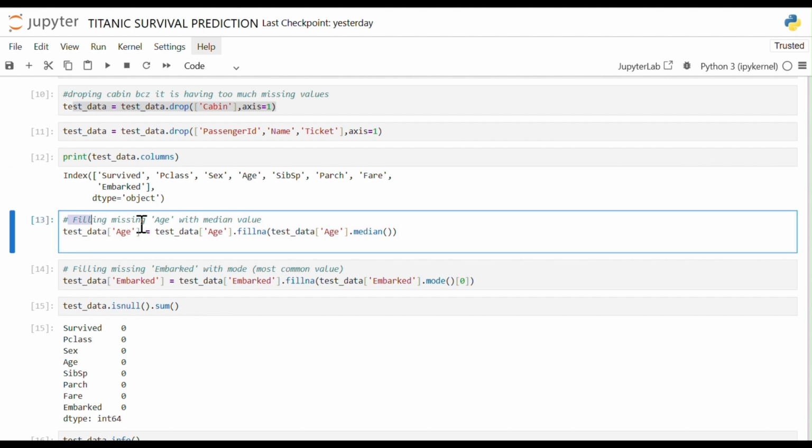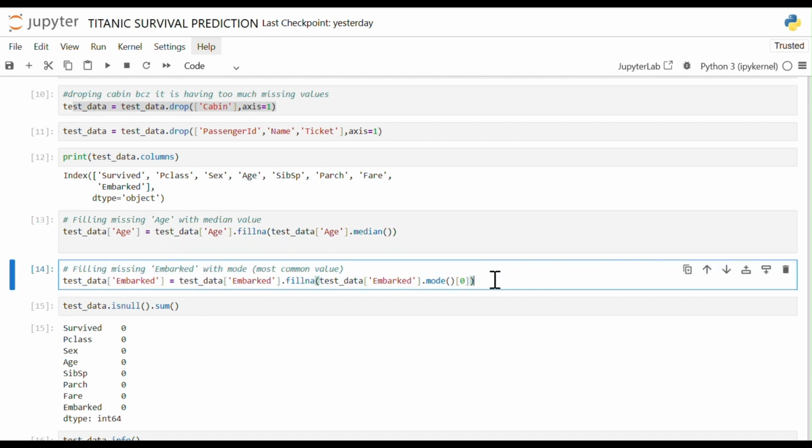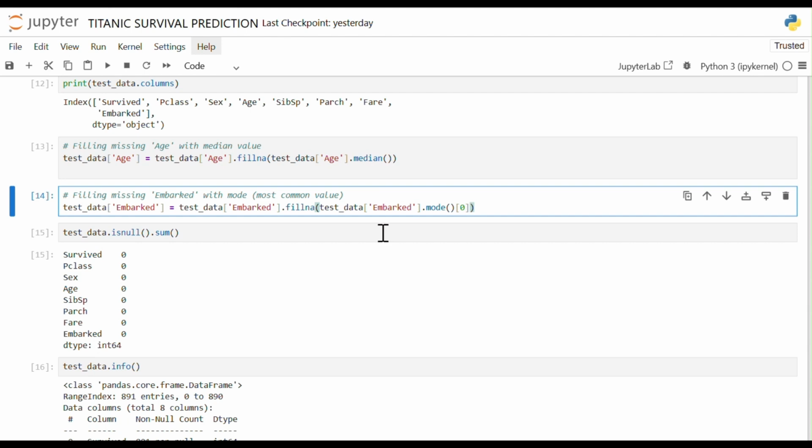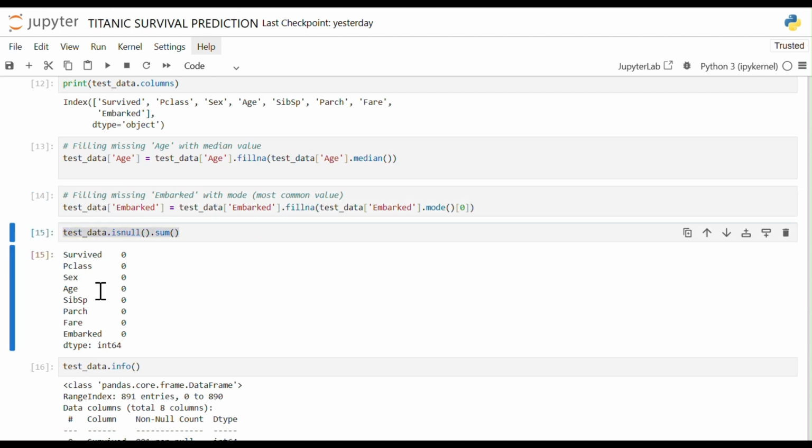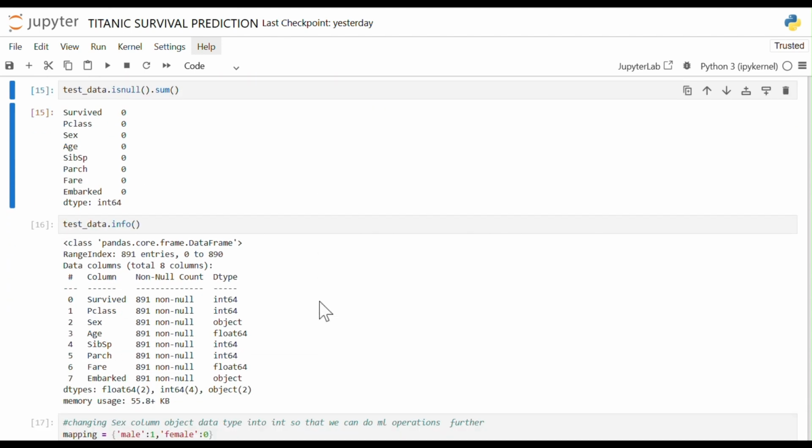Now we will fill the missing values of the age column with the median value of that column. Same for the other column. Now we will again check the data with the isNull function, and now the data is not null. We don't have any null values in our data,